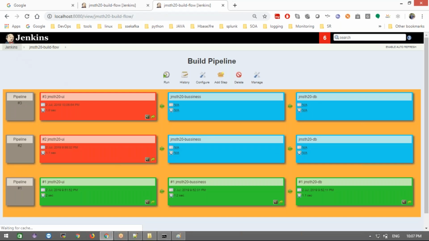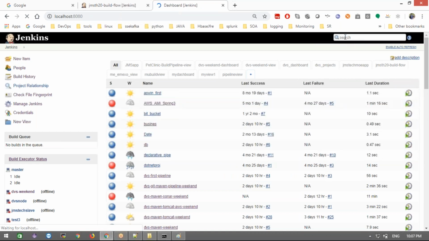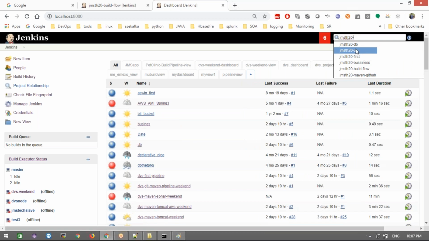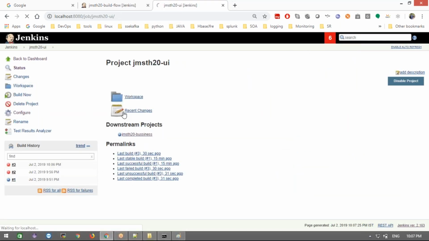Go to Jenkins now. Select JMSDH 20 UI project. Now click the UI project and configure it.